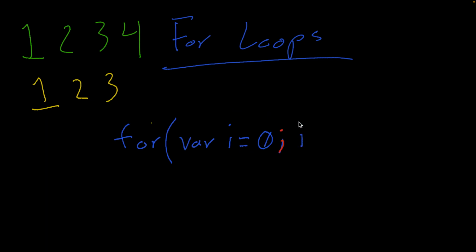So while I is less than or equal to 2, let's just do it to 2. Okay, and then we have our part 3 of the for loop, this end of the parentheses section. We want to make that, let's just increase by 1, I plus plus. Okay, and then we have our squiggly bracket,